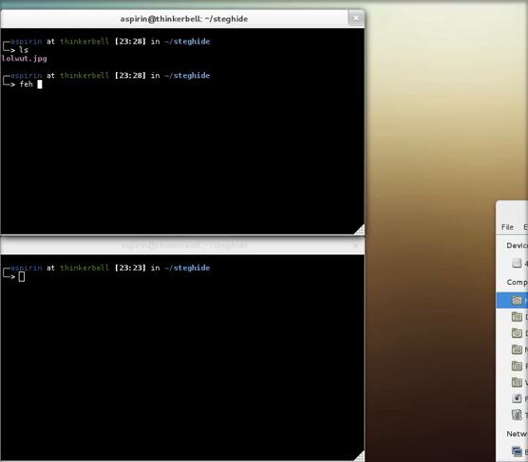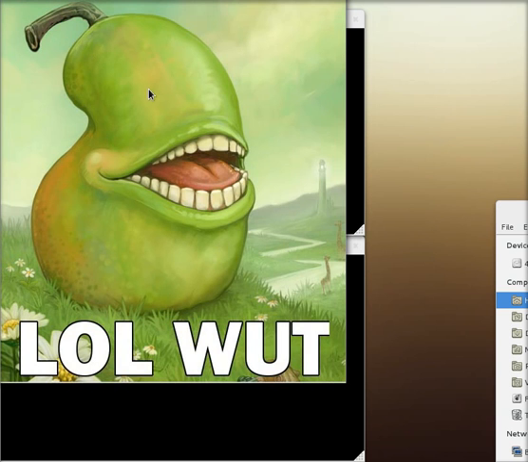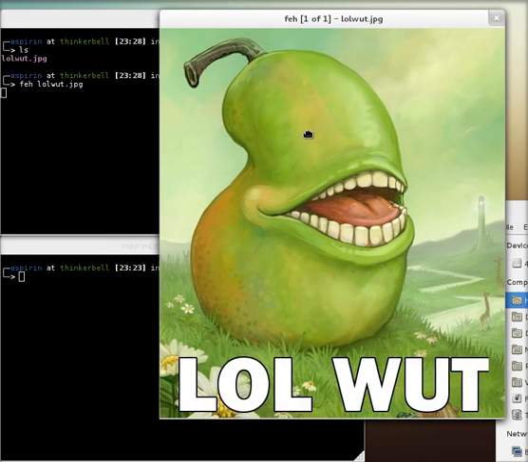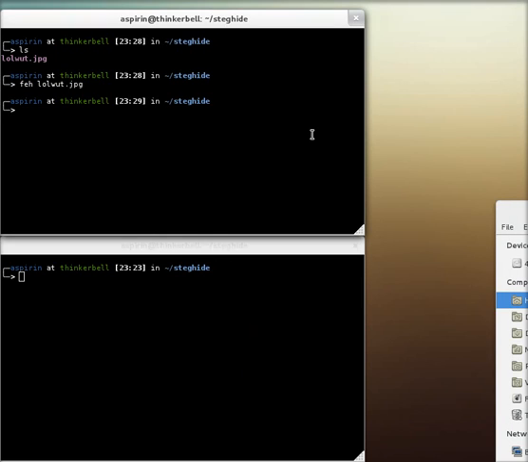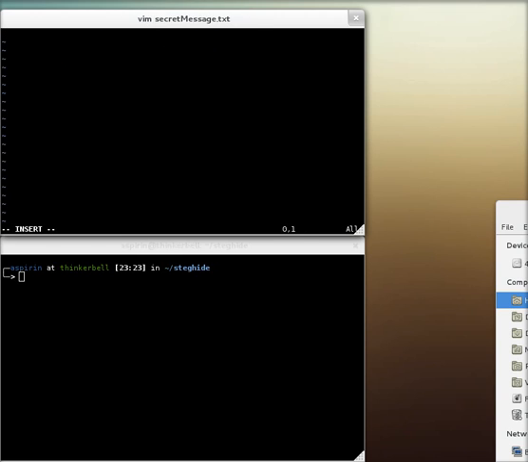You can see that I've got this JPEG here. It's one of my favorites. It's great because it seems innocuous. There's not a lot to it, and it's just kind of weird, really, and it makes me laugh. So I want to send a secret message, and so I want to have a simple text file